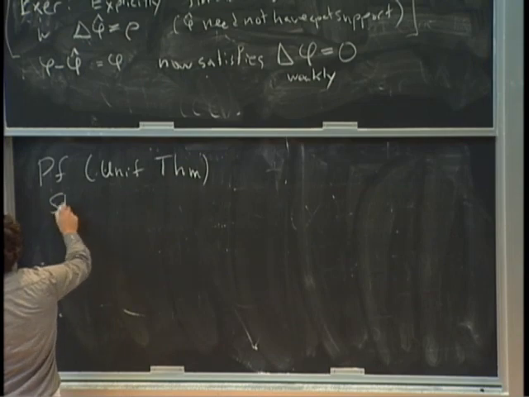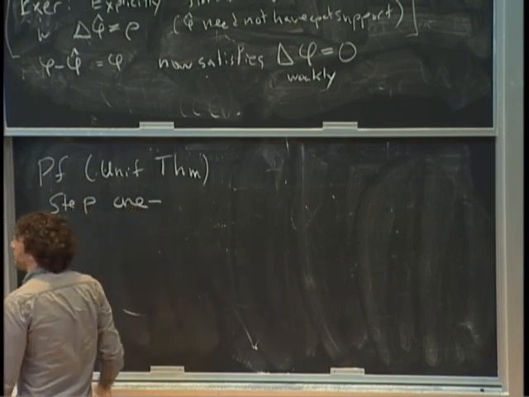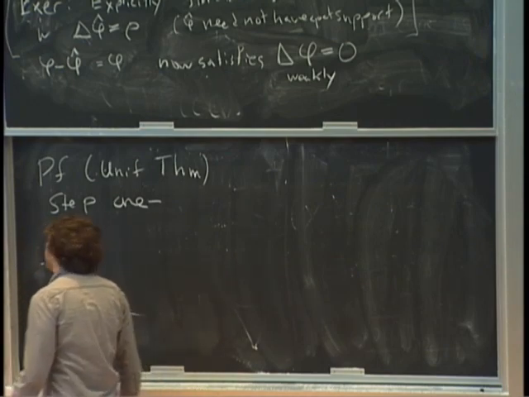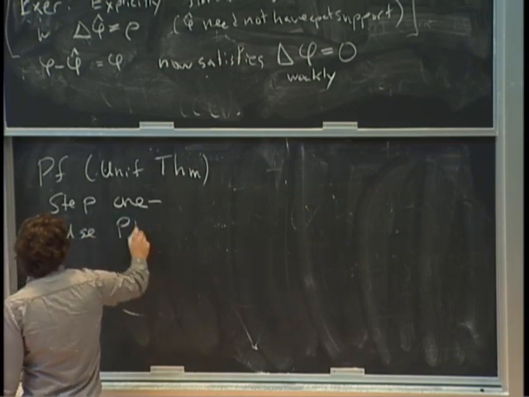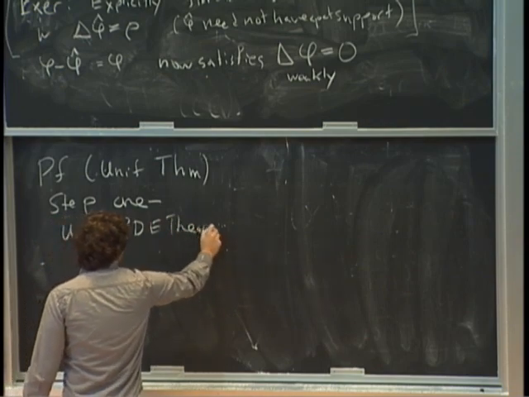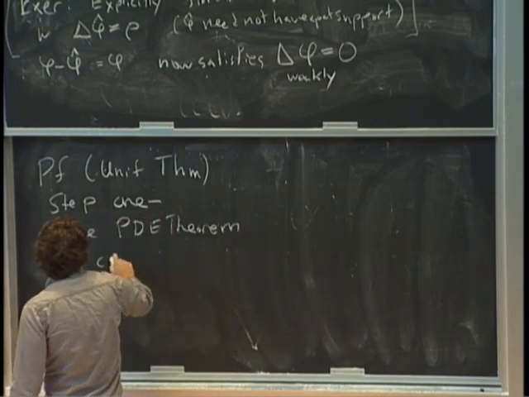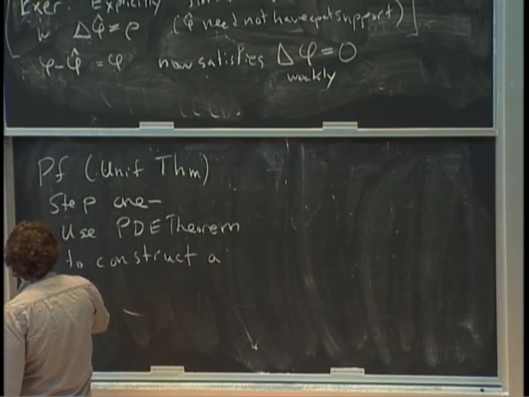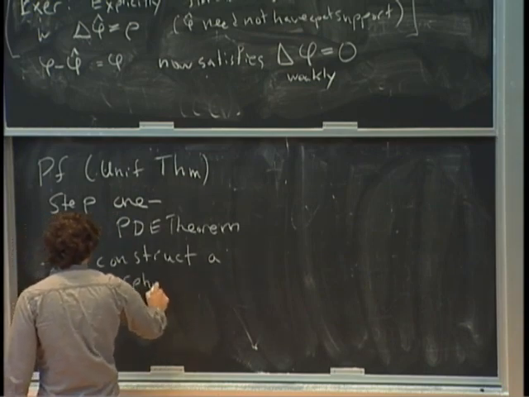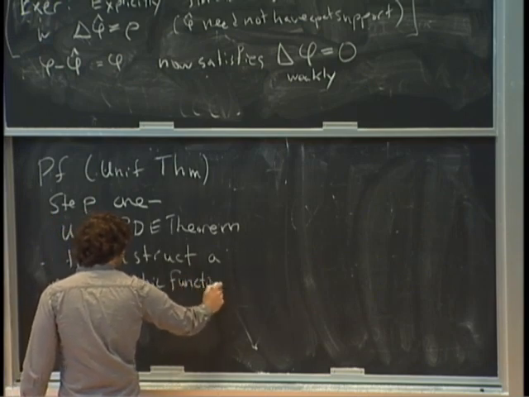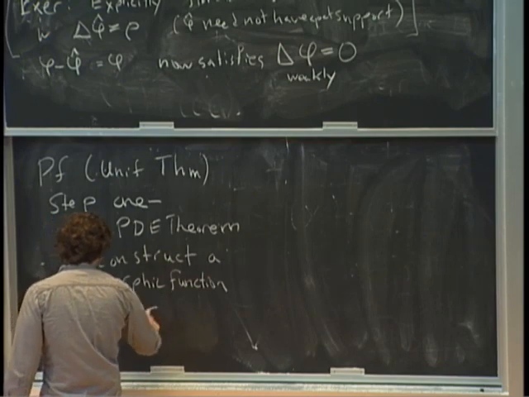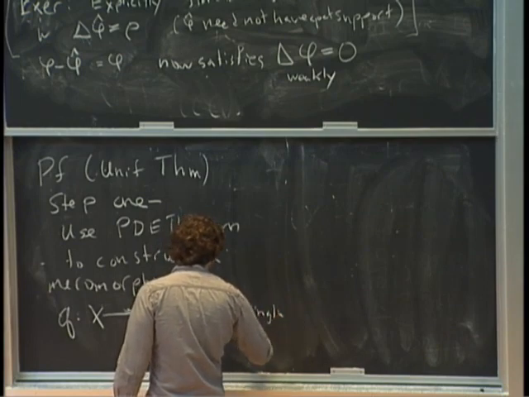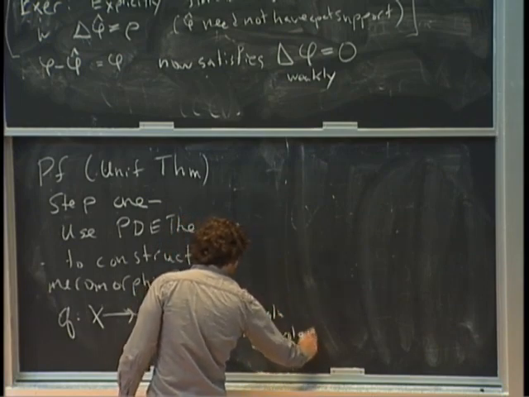So step one is, just like in the previous argument, to use the main analytic theory, the PDE theory, to construct a meromorphic function Q that takes X to the Riemann sphere with a single simple pole P. And